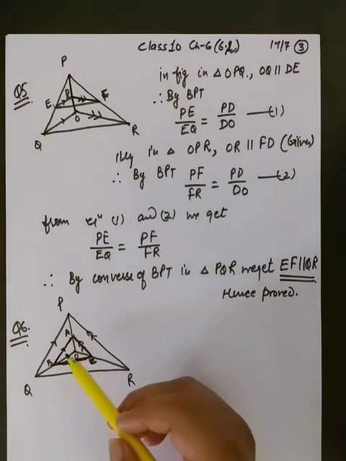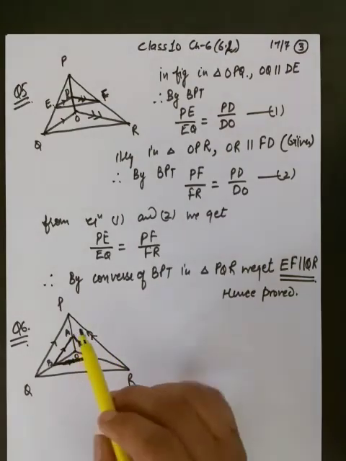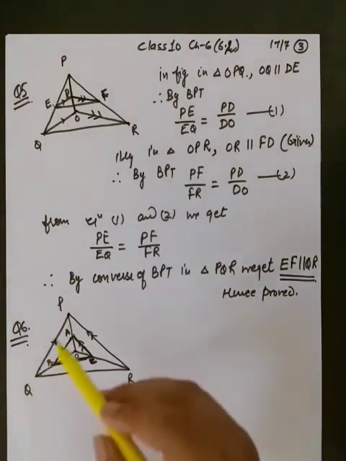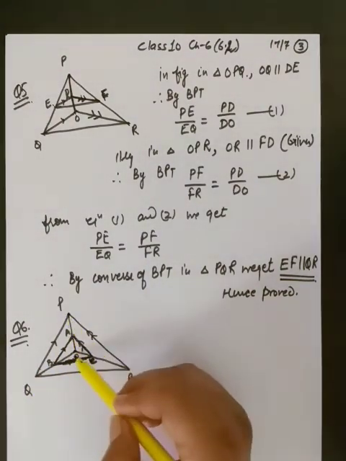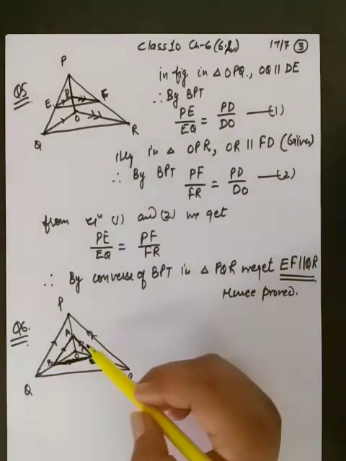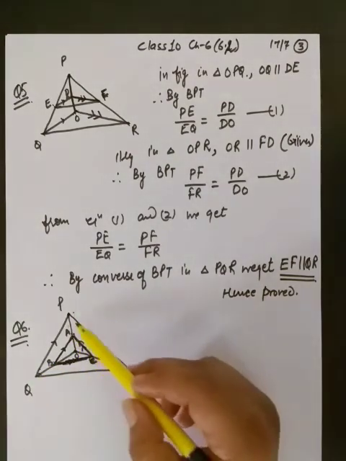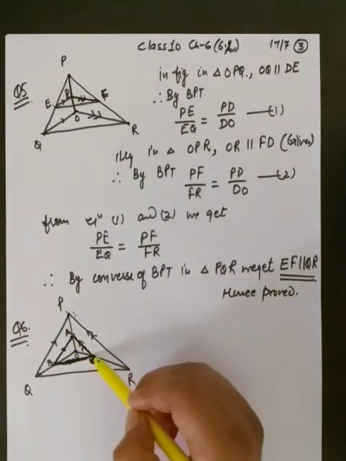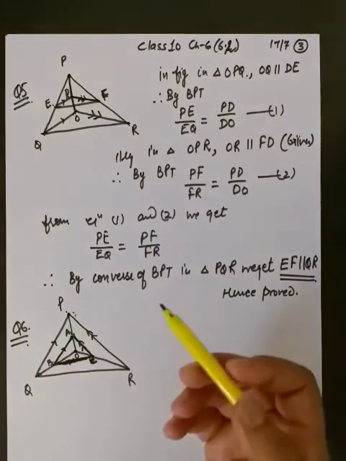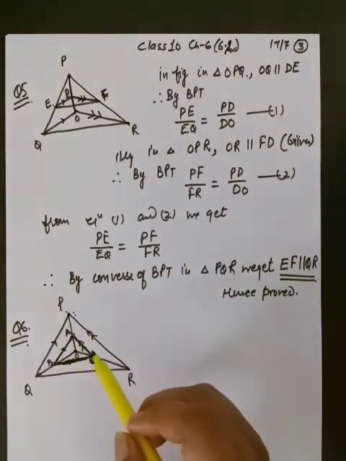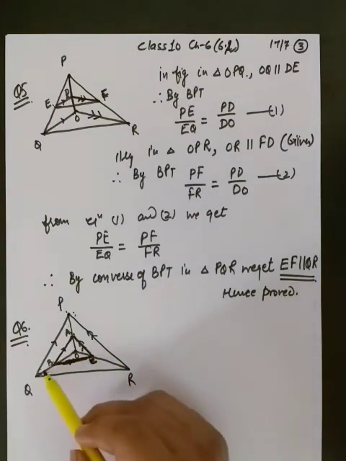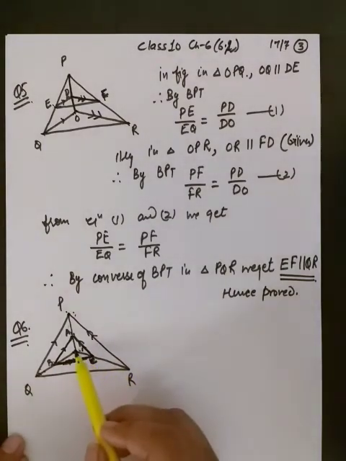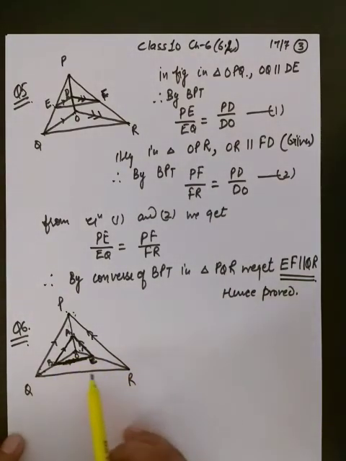So now wherever lines are given parallel in those triangles, we can apply BPT. In triangle OPQ, AB is parallel to PQ, this is given to you. So we can write OA by AP is equal to OB by BQ. Similarly in triangle OPR, AC is parallel to PR. This is given to you. So we can write OA by AP is equal to OC by CR. Again from equation 1 and 2 we will get that OB by BQ is equal to OC by CR. And from triangle OQR we get that BC is parallel to QR.